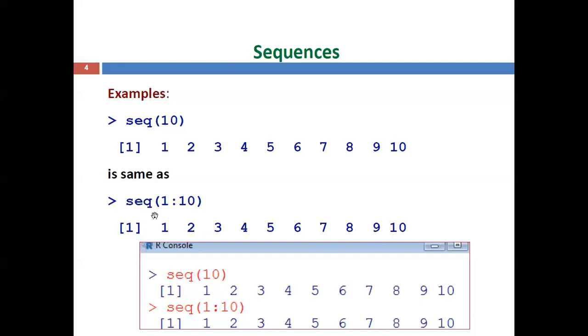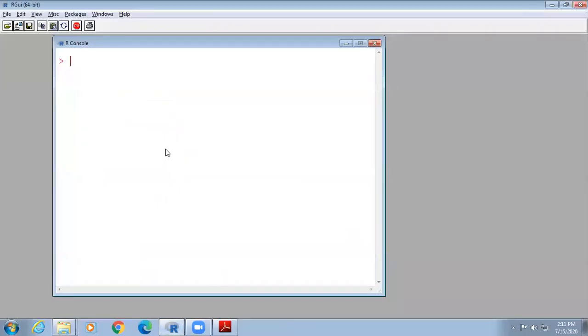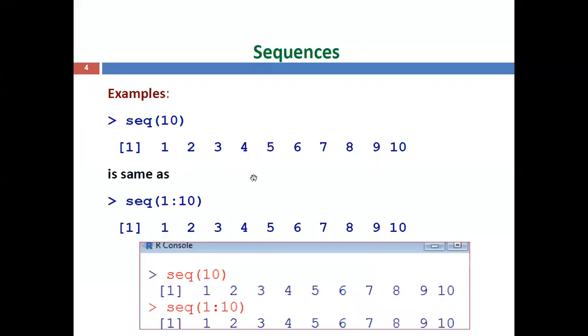Now we will also execute this one. First you can open our R software. Here we are using sequence of a particular number. The sequence is generated by default starting from the first value and continues till the end value, 10. When you enter, you see it generates the sequence 1 to 10. The same command you can give by providing the range, starting at 1 and ending at 10, given as 1 colon 10. Now you can see the same output is generated. So that is another example.